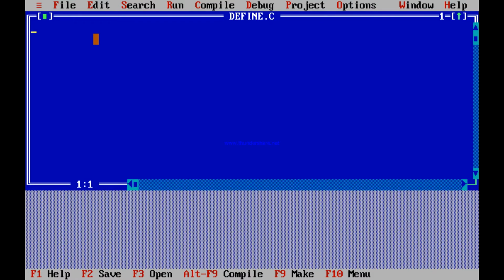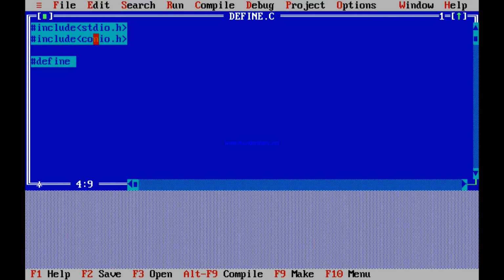So let's start with including the built-in header file with the keyword include. So #include <stdio.h> and #include <conio.h>. So these are the two built-in header files. Now we'll use one preprocessor directive, which is user defined, #define. Here we are going to give one value which will be constant throughout the program and will be user defined.